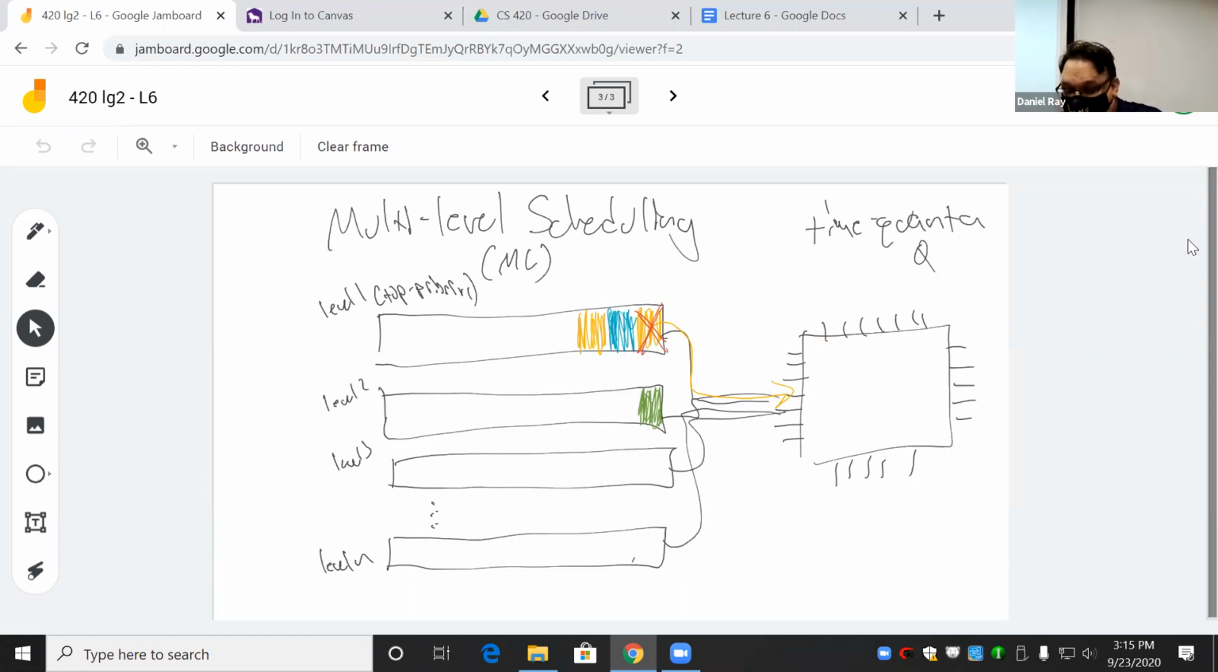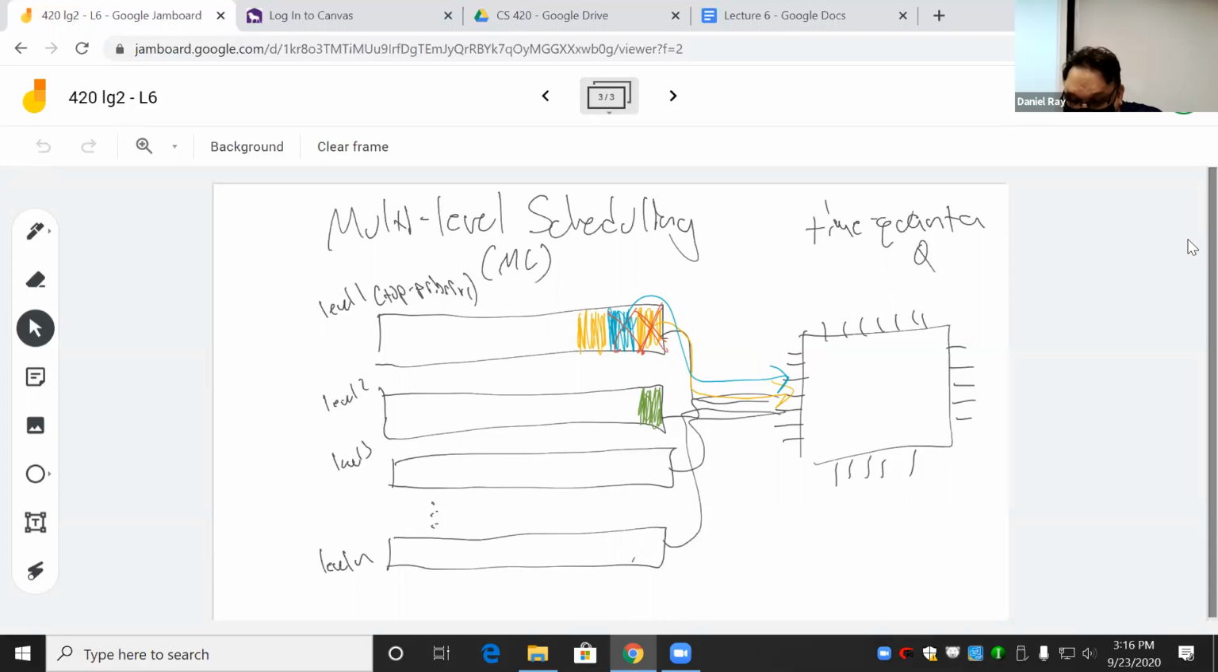Blue's ready to go, green's ready to go. Where should it load from? The top. That makes sense because we're doing this in deference to priority. We want the top priority things to be able to go first. And since there are still things in the top level priority queue, we're going to put those things onto the processor. Okay? And this guy may finish or he may go back to the back of the queue, but